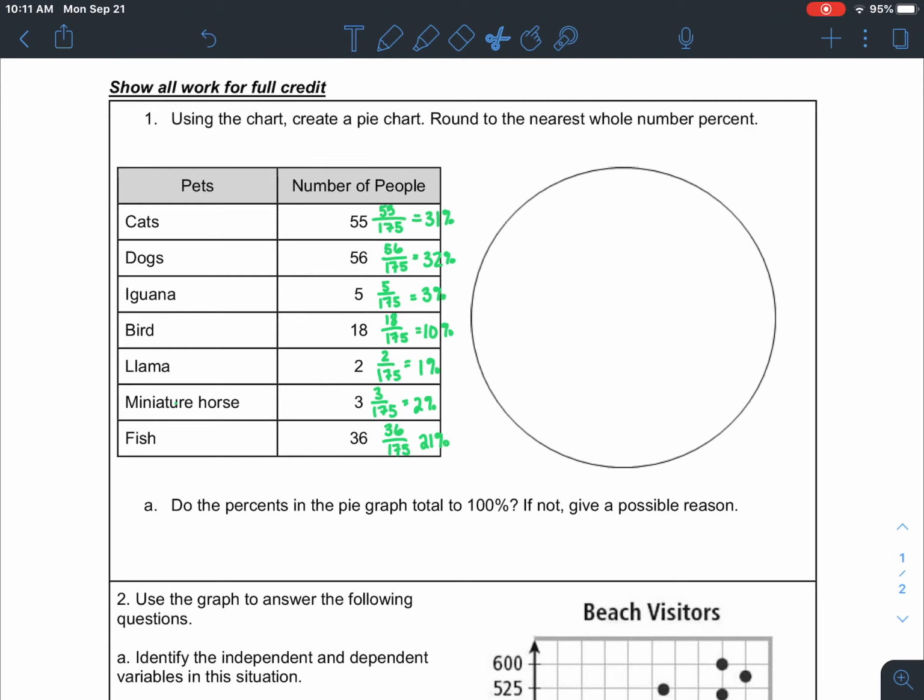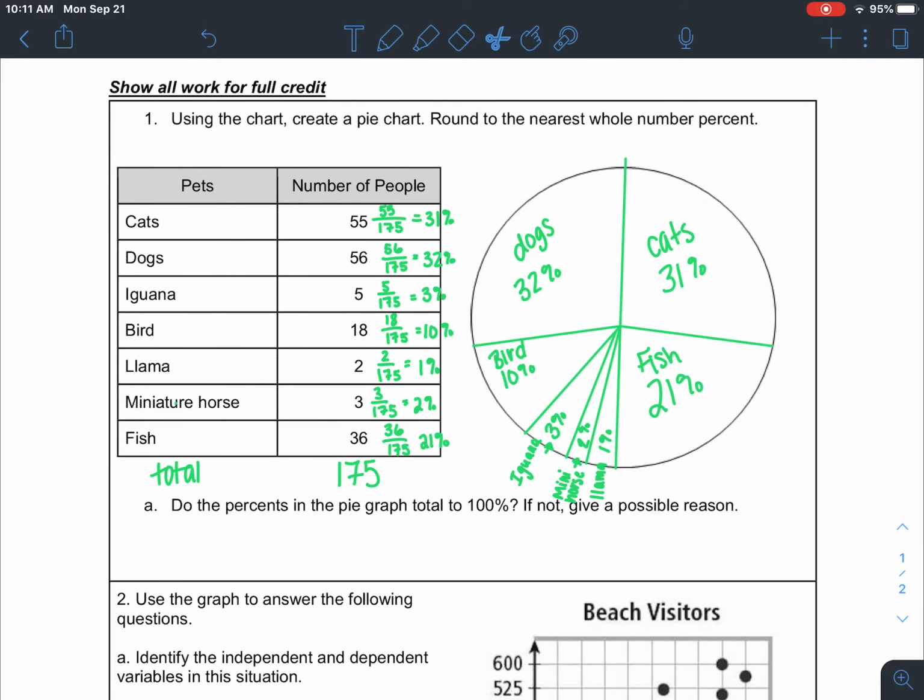Since we rounded to the nearest whole number, you might get just slightly above or below 100, but you should be very close to 100%. And then the total people was 175. So then I'm not too picky on your graph or your pie chart and if it's 100% accurate, but do your best to eyeball and make sure that it